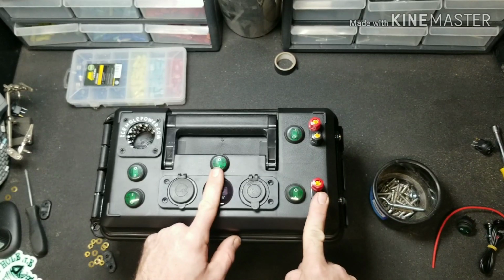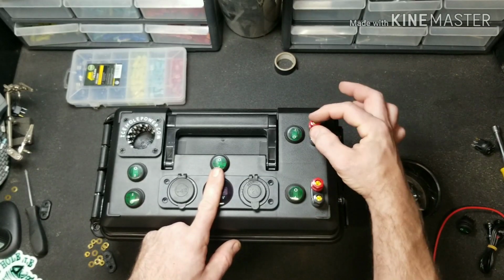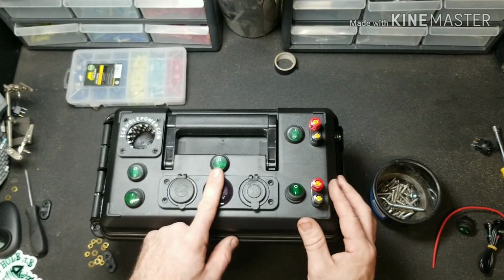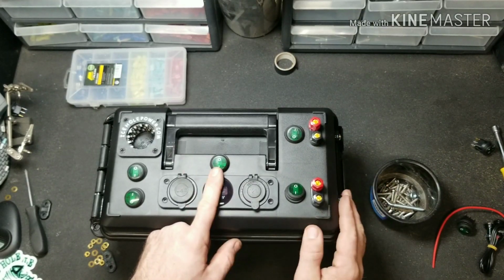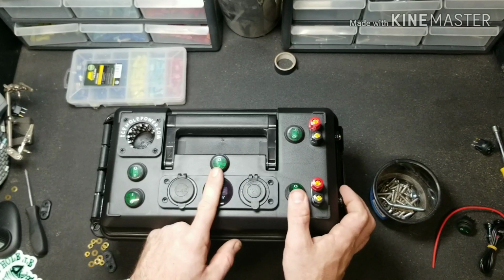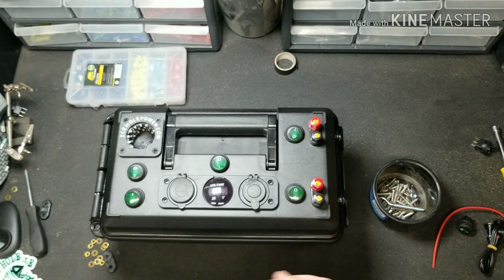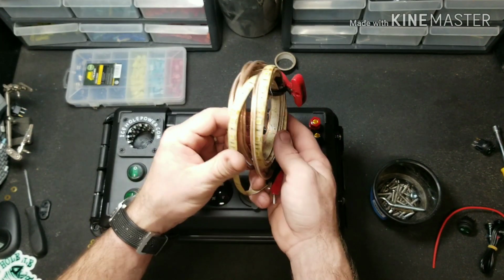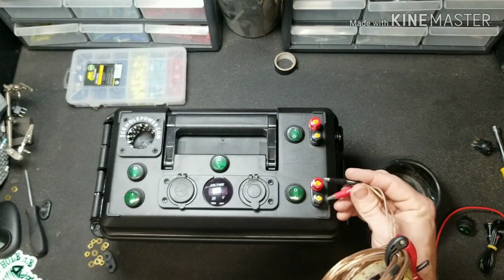So when you want to charge your battery, you hook your battery charger up to either one of these banana jacks, you flip the switch, and then you'll have power charging your battery. Or vice versa. If you want to run an accessory like a 12 volt LED light strip, this is one of my originals, super old, you can hook your power up